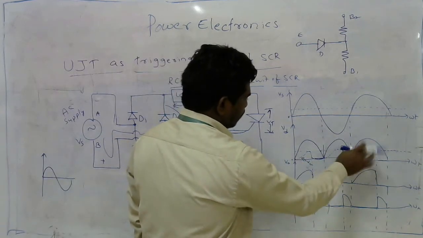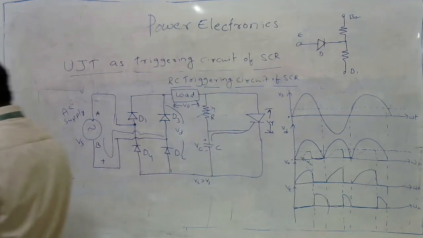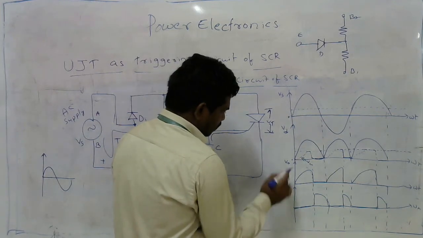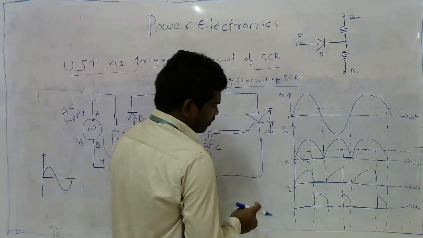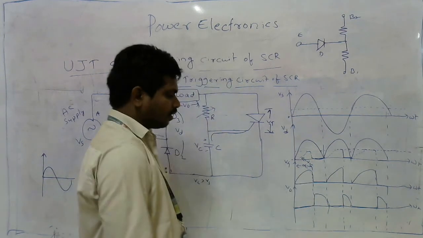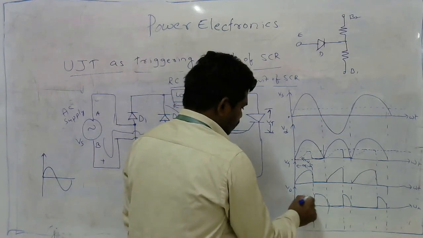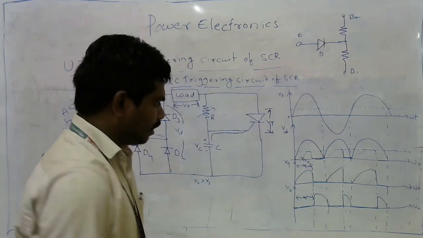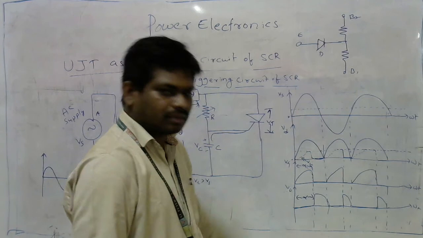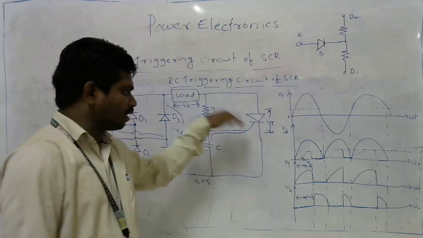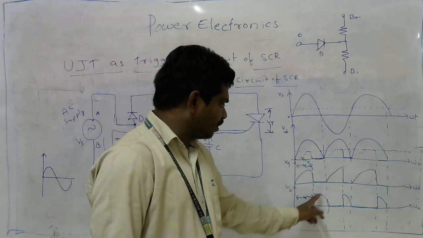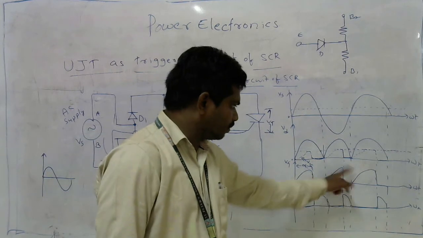Thereafter the capacitor is going to be giving the outputs like this, and we can say this is V0, this is VT. Please see this. This portion is nothing but alpha. The center portion is nothing but alpha. Means during this alpha the SCR is not conducting. Thereby, most of the applied voltage is available across the thyristor, whereas after the SCR comes to the conduction state, it allows the current to flow immediately. During this alpha period, the capacitor discharges, and immediately we are getting output voltage like this for every pulse.